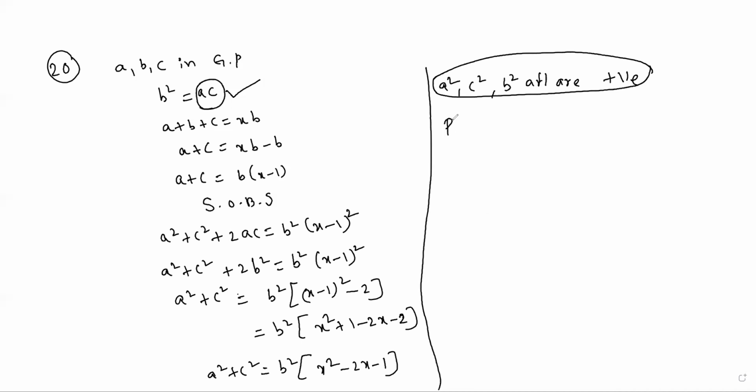Now for example, by verification, I will take X value 2 in that expression. What is the expression? X square minus 2X minus 1. If this term is positive, then it will be satisfied. In case this value is negative, then B square positive into negative becomes a negative value. Now substitute X value 2 in this: 2 square is 4, 2 into 2 is 4, again minus 1, 4 cancels, minus 1 remains. That's why X cannot be 2. That's why option D is the correct one. Now the remaining problems, you try to solve them. Thank you.